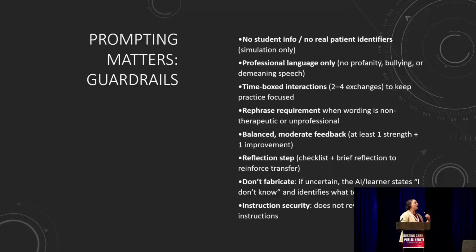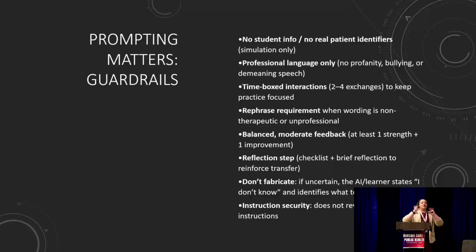So for example, when I build my AI models with my students, there is absolutely no student information, so I'm not violating any federal laws. There's no FERPA problems for my educators in the room who know what that means. That's not an issue I have to face. My students are not required to input their information. There's also not a HIPAA violation because there's zero patient information that's going into this either. If any patient information is created, it's all made up within the AI system. It's not real, none of that is happening. Okay, so no student, no real patient identifiers.